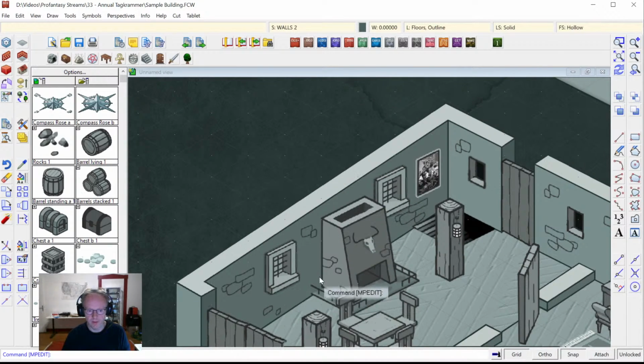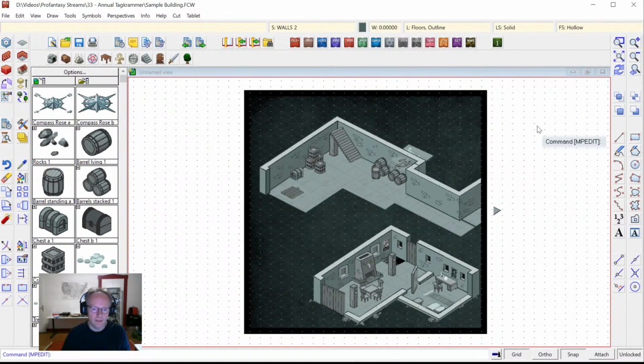As you can see, this way they are much more similar to the outlines of the symbols, like the pole and the fireplace and everything. And that way you can build your nice little isometric maps. One more thing,